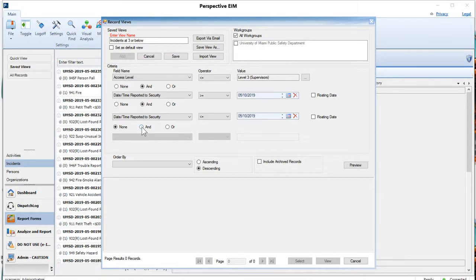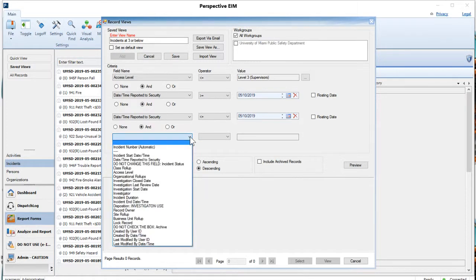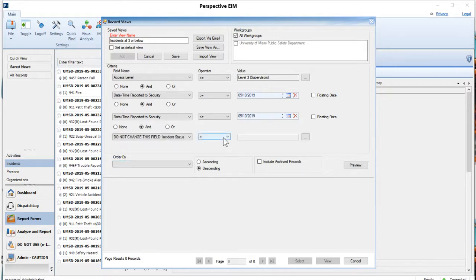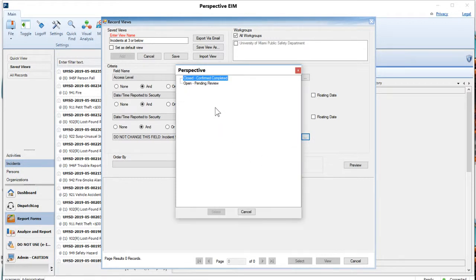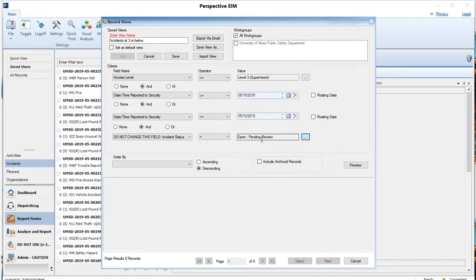So the next line is going to be and you're going to choose do not change this field, and this is going to say the same as equals open pending review. So this is important because this is going to show you all the open and that are pending. If it's closed, it won't show you, which you don't need to see anyways. So if it's open and it's pending at a 3 or low, you will see it on this quick view